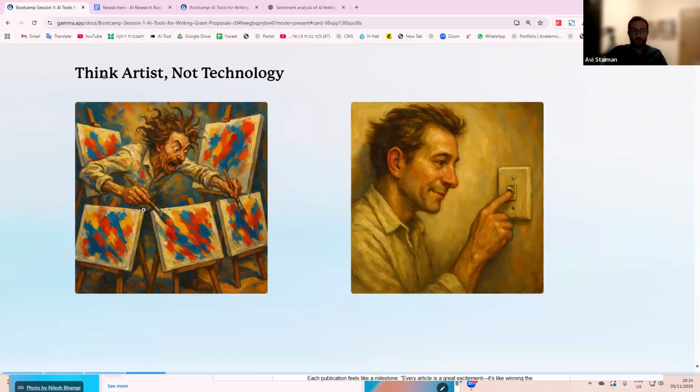Another thing that's really important to keep in mind is that ChatGPT and Claude are technologies, right? They're software companies. We like to think about them as technologies, okay? And at least for myself, when I think about a technology, I think about the guy on the right a lot more than the guy on the left. What I mean by that is, I turn on the switch, and either the light goes on or it doesn't. Again, it's very binary. So we expect software to work the way we want it to.